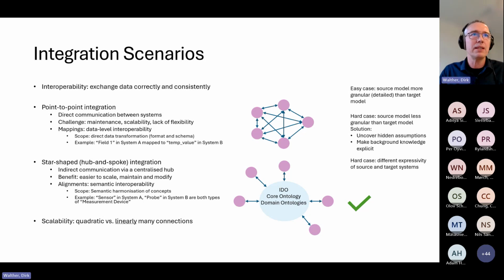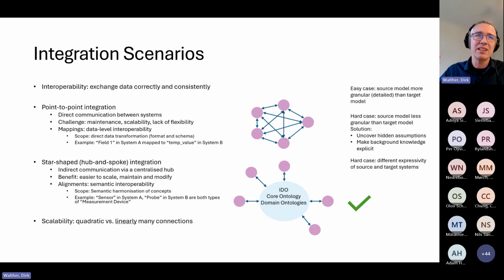Now, looking at the number of connections between these different integration scenarios, you find on the top, in the point-to-point integration, there are quadratically many connections in the number of nodes, and in the lower, in the star-shaped integration model, there are only linearly many connections depending on the number of nodes.